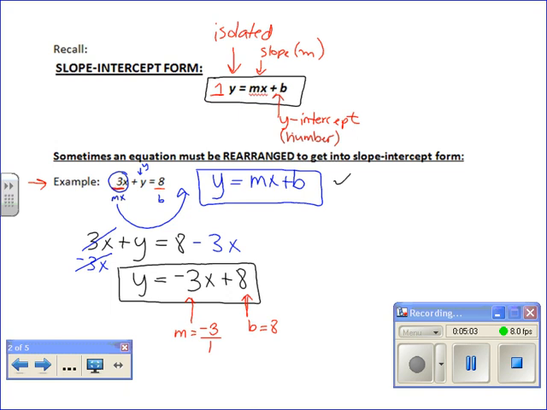There's another way that we could do this. So for this same question, okay, I'm just going to come over here. This is called the export method, and it's sort of a shortcut. When you have to rearrange an equation where there's addition and subtraction, you can also just export something over to the other side. So if we start from the same equation that we were given, 3x plus y equals 8,